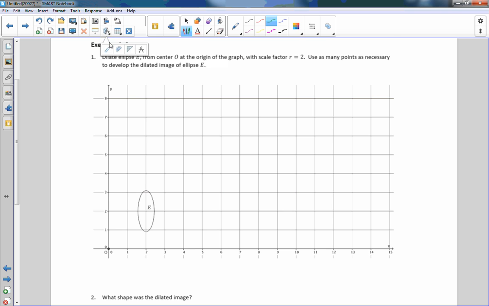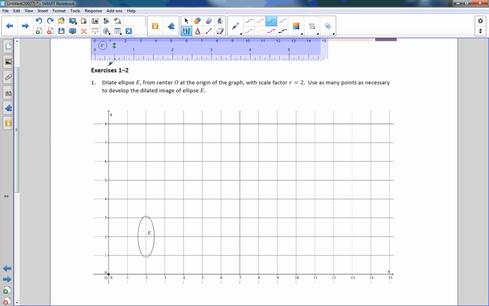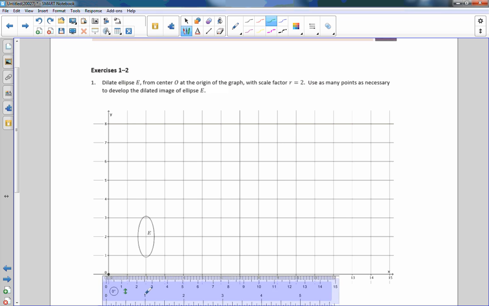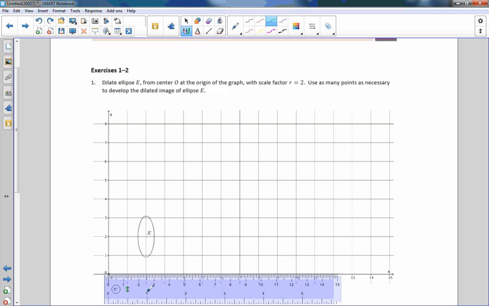Okay, we're going to do this one more time. Let me get my ruler. Bring it down to the origin, because that's what we're going to center around and dilate from. Trying to get as close to it as possible. There, that's pretty good right there. And what we're going to do is scale this ellipse up by a factor of 2 from